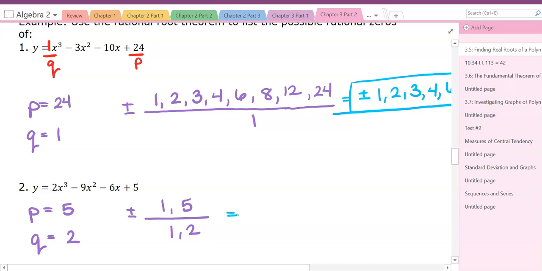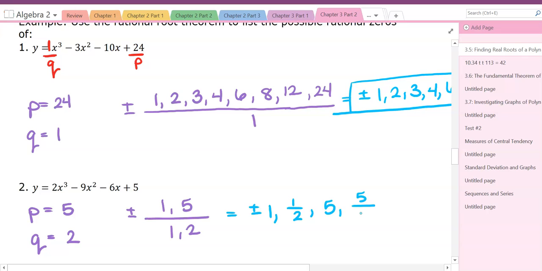Okay, so from here, you have to take the top numbers and you have to put them over the bottom numbers. On that last one, it was all just over a 1, so it was everything divided by 1. So that's why they stayed the same, all those numbers on the top. For these ones, I would start by doing 1 over 1, which is going to be 1. And then you could do 1 over the 2, which would be a half. So what are the other two factors then? What would be 5 over 1? 5, and then 5 over